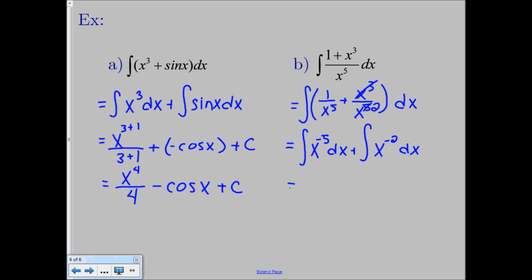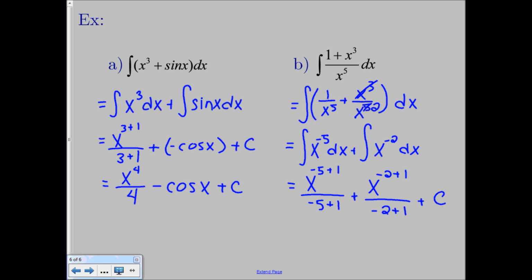And then all you have to do is apply your power rule. So when we apply the power rule to negative exponents, be very careful that you're still adding. So this is still going to be x to the negative 5 plus 1 over negative 5 plus 1 plus, do the same thing over here, x to the negative 2 plus 1 over negative 2 plus 1